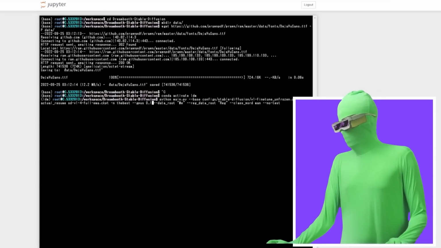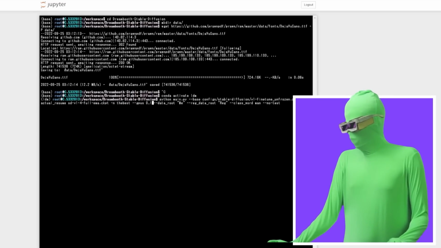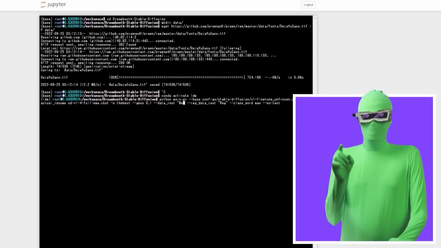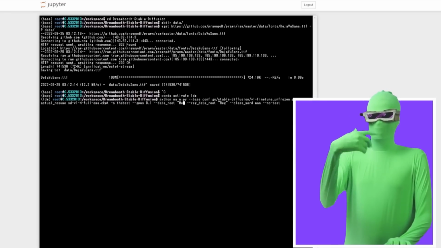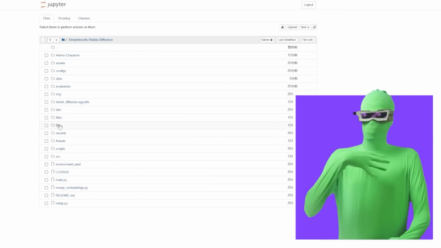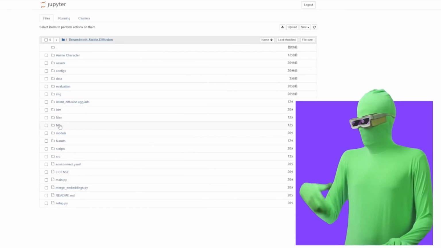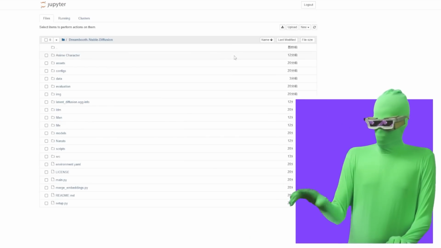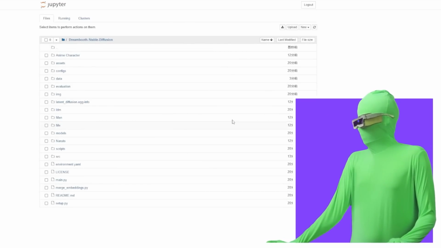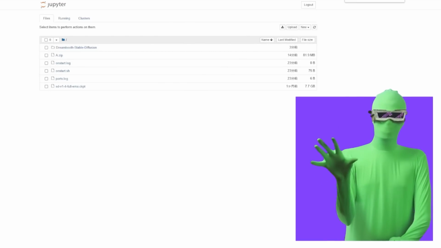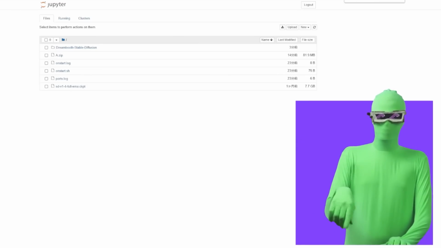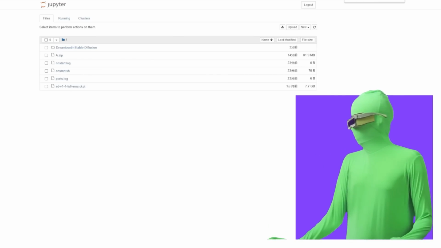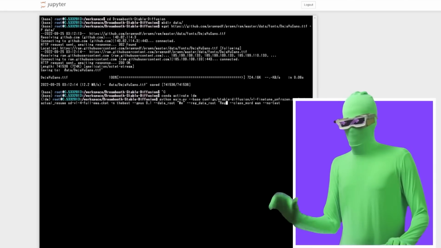The next thing is data root. The data root should be changed to whatever the name of the folder is that you named it. In my case, all the pictures of me are in the me folder, and all the pictures of the man are in the man folder. Since I'm already inside of the Dream Boot folder, I don't have to put anything else. I just have to say me and man. Keep in mind, this is case sensitive. If you have capital, you have to put capital here. If it's lowercase, you have to put lowercase here. So me, and I will change the reg one to man.